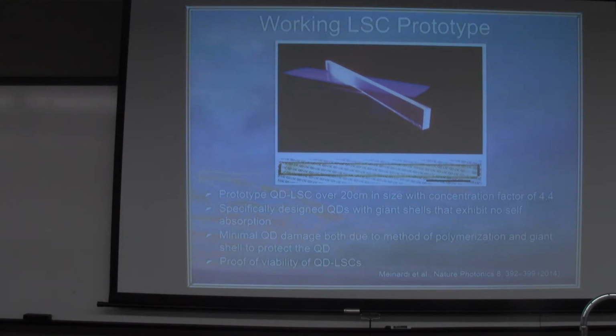So they had a couple of very novel ideas here. They designed the quantum dots themselves. So this is not something you can buy online. They created quantum dots with giant shells, which is great because they have no self-absorption. That is, if one quantum dot emits light, no other quantum dot will be able to absorb that light. So that limits those losses when one quantum dot emits light, the other one absorbs light, and then emits it again, or not emitting it again. And it also reduces the losses due to the escape cone losses of the